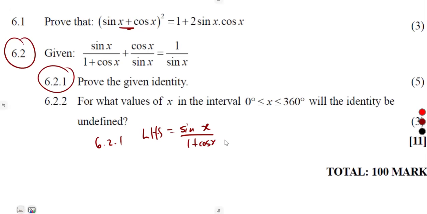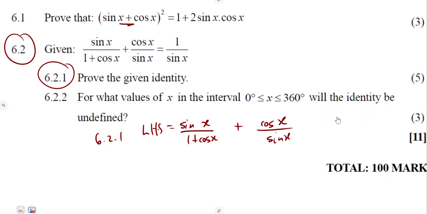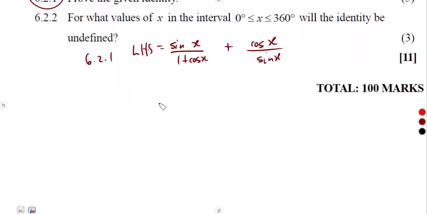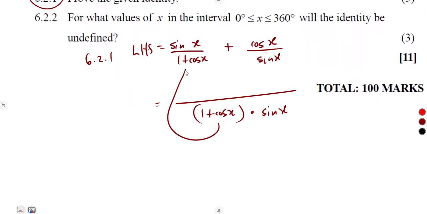1 plus cos of x plus the cos of x over the sine of x is supposed to give us 1 over sine x. All right, no problem. Let us add these two. I'm going to have the LCD: 1 plus cos x times the sine of x. So let's divide this, and this is going to cancel. So you remain with sine. So sine times sine is what? Sine squared. Sine squared x plus